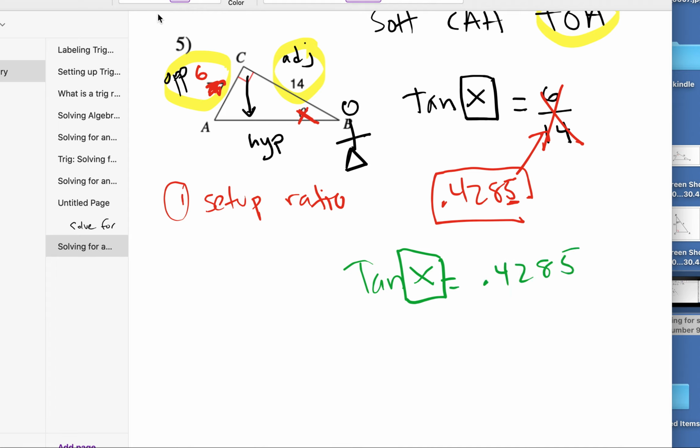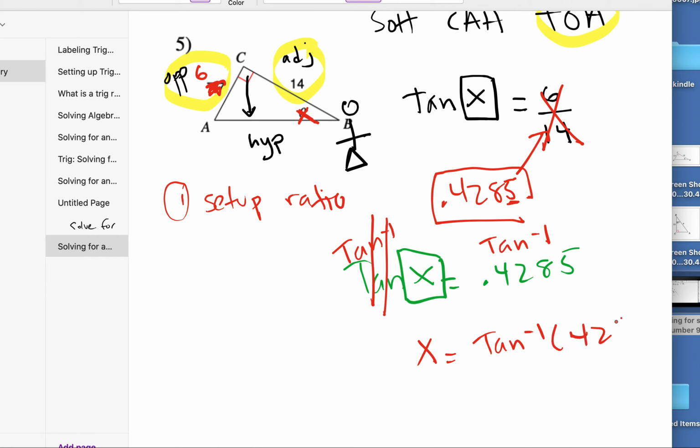So in order to get this x isolated to get our answer and to know what button to push in the calculator, we have to take the opposite, or inverse tangent, of both sides. So that will cancel out the tangent and leave x by itself. And it will also show you exactly what to put into the calculator, the tangent inverse button. What we're really doing is taking like 2 times x and dividing it by itself to get rid of it. So tangent times inverse tangent cancels out the same way. So the final step is to push